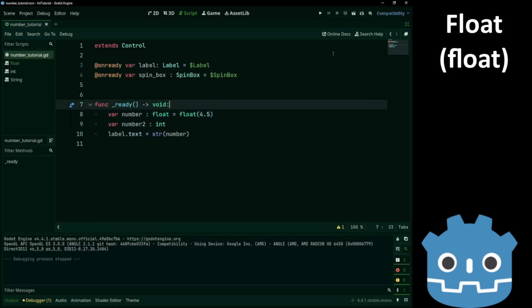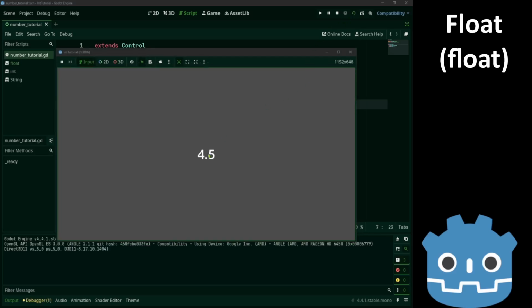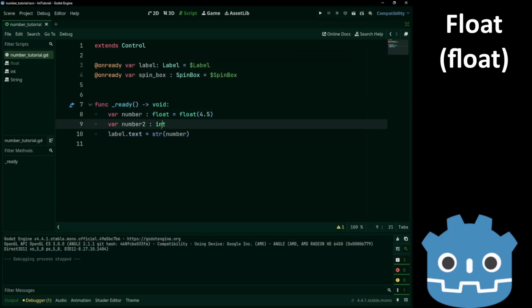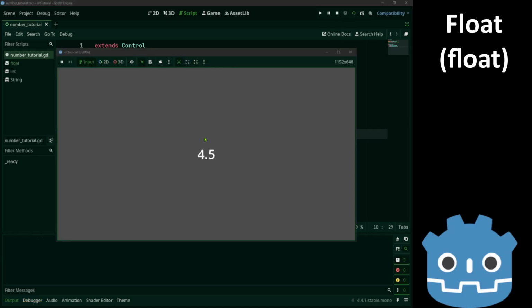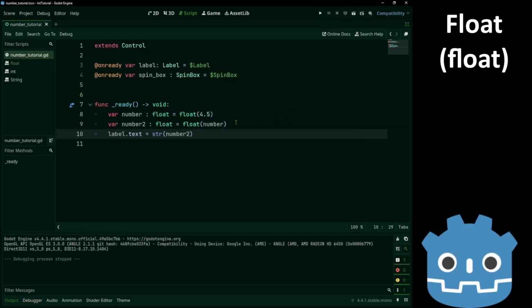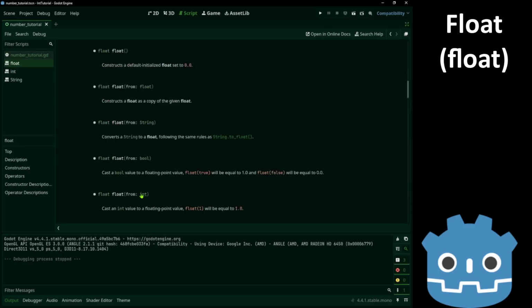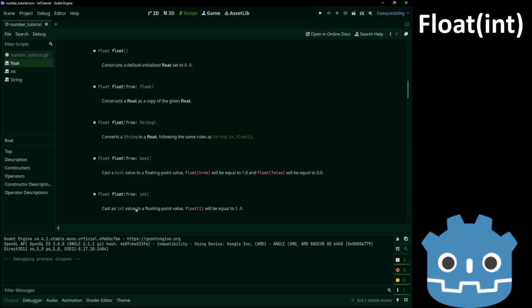A float number gives us the number itself. We can also pass a float variable. The int will change into a float.